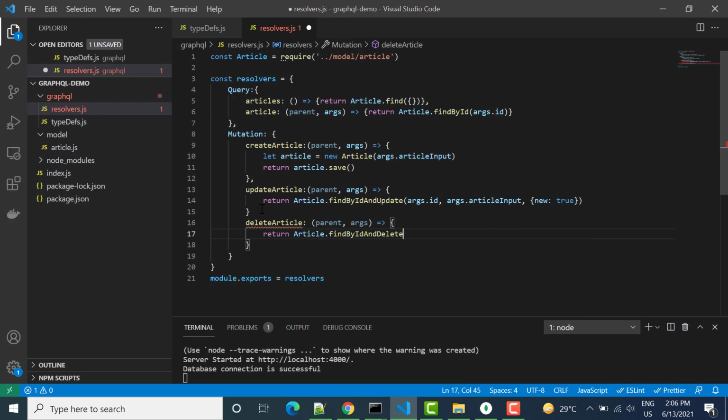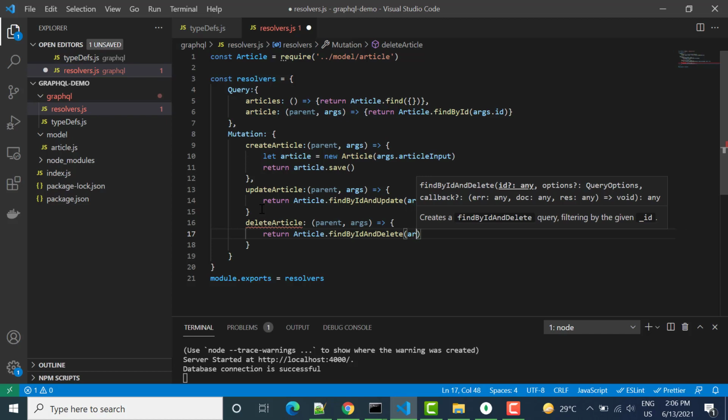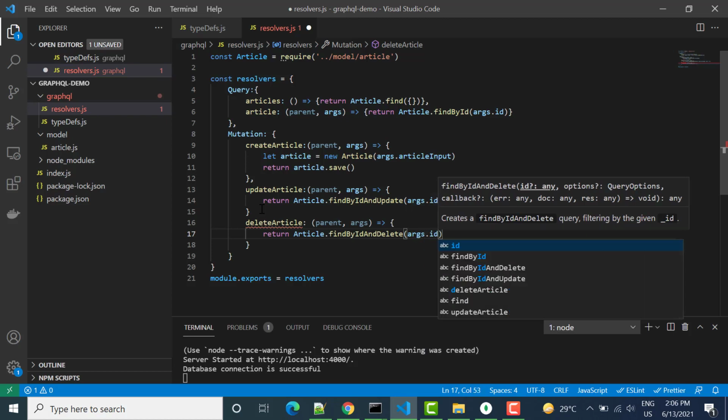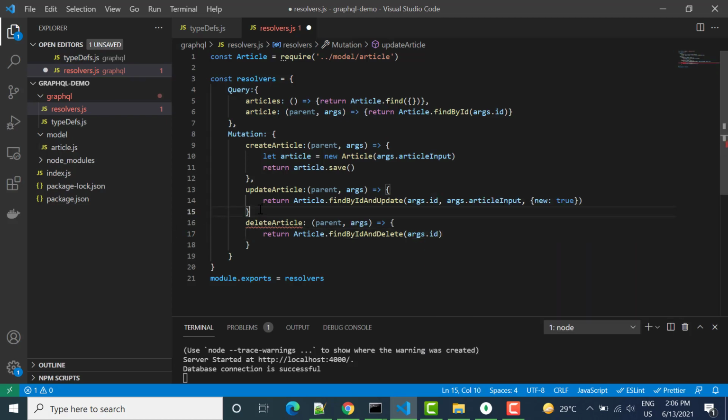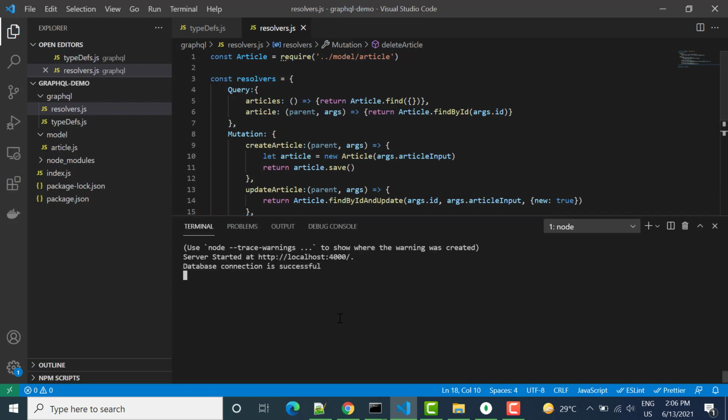So we have this method available, findByIdAndDelete, and then in this one I'll pass args.id. Let's add a comma here. So I think this should delete the data, and from here it will return it. Save this and restart it again.